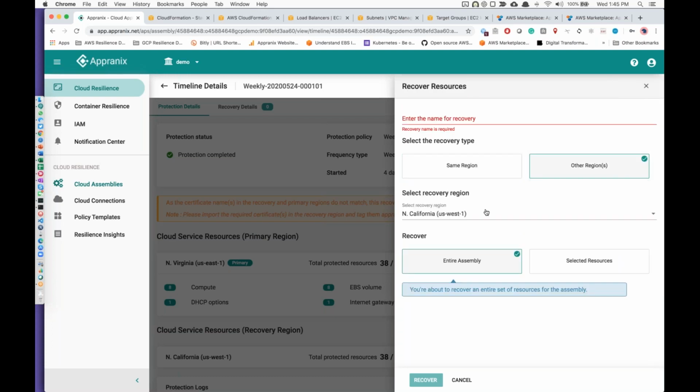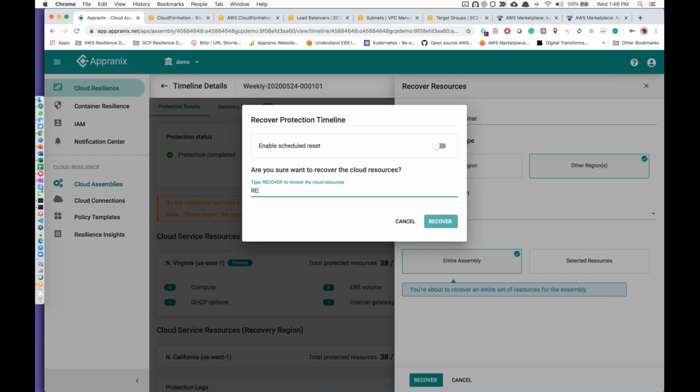Or I can pick another region, California region. Let's pick the difficult use case of bringing the entire thing in another region, the entire assembly. And I'm going to say, simulation recovery webinar test. Oh, it's too many. So I select that particular thing, entire assembly, recover, of course.